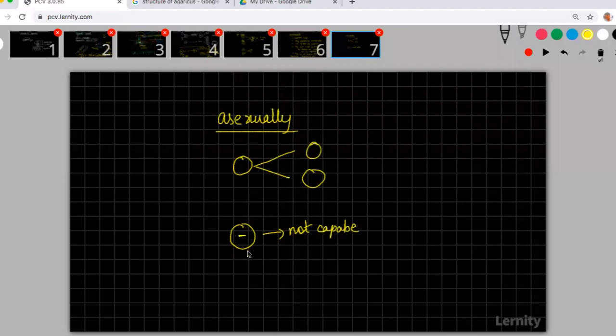Let us say that this is a minus cell, and this is a plus cell. There were certain cells which are capable of dividing, which we call the plus fungi. The other one is called the minus fungi, a minus cell which is not capable of reproduction. But there were occasions when two minuses joined together, became a plus, and started to divide further. So minus and minus became plus, and this is how sexual reproduction would have evolved.